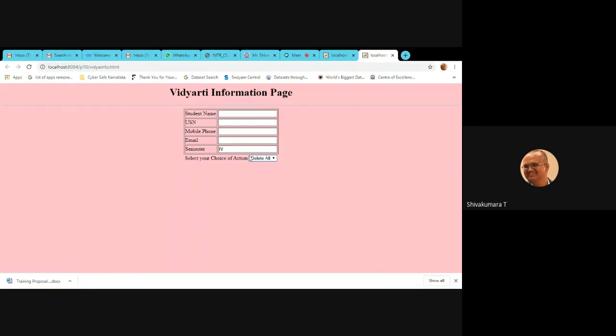The back end model is over. Now the controller we are going to design. Come back to NetBeans.